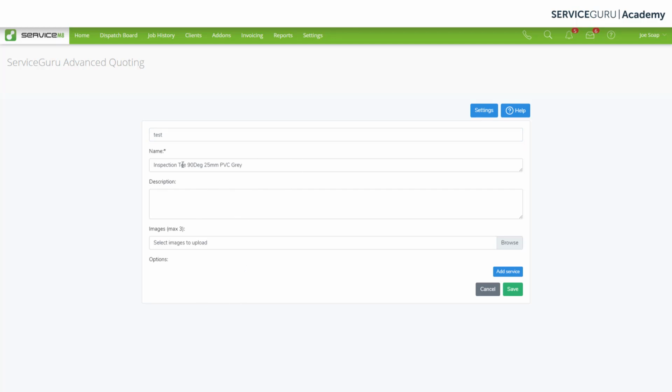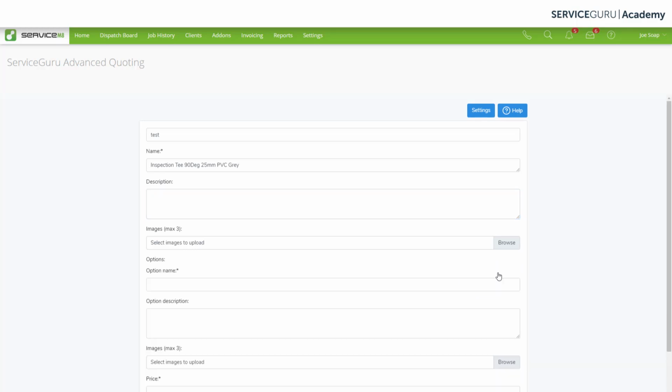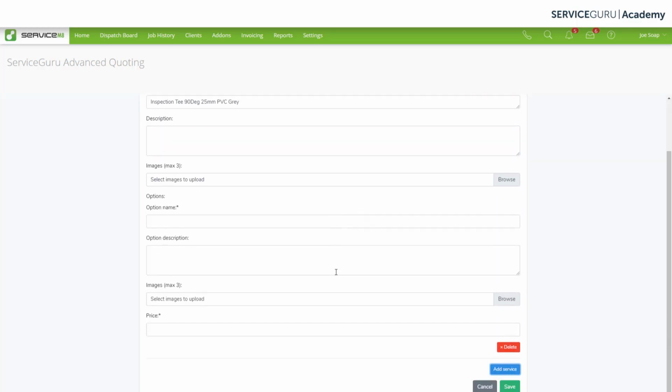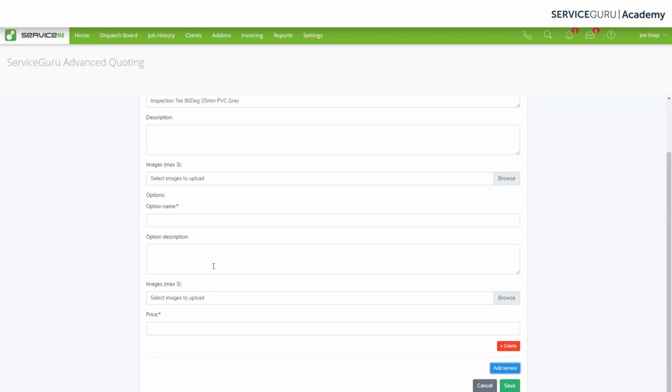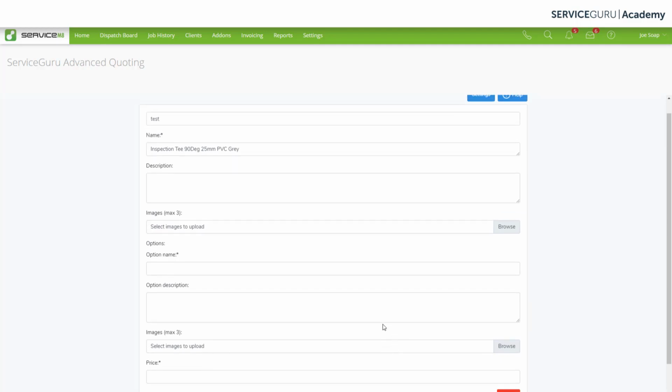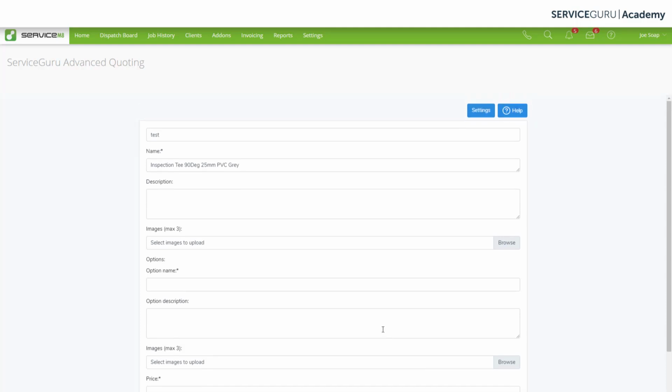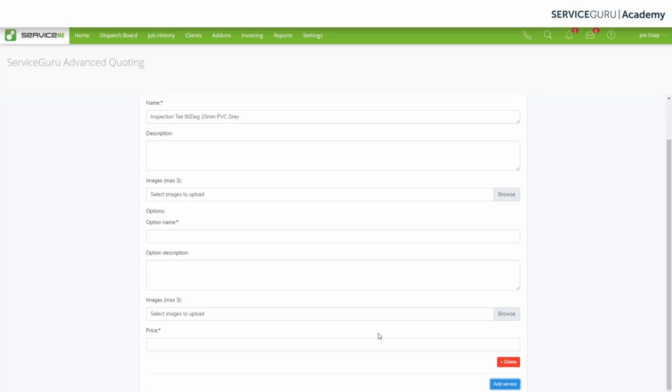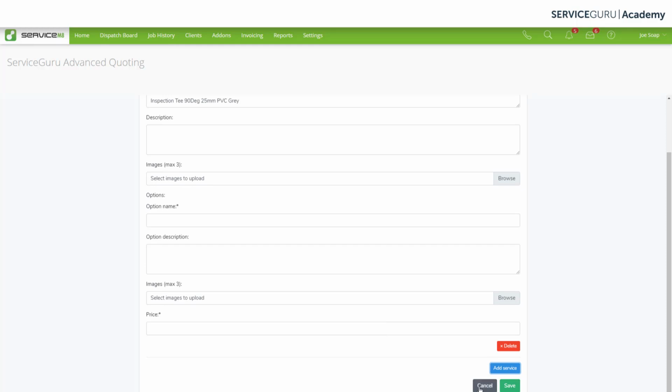So we've got an inspection piece, PVC piece over here, and we might want to expand that description out, and then we'd add images for that. And if we wanted to add any options or services, we would go ahead and do that. By clicking on add service, we get the option to add the option name, the description, image and price, and then we keep repeating that to give options for that particular line item. Once we're satisfied that we've got that built out correctly, of course we click save,